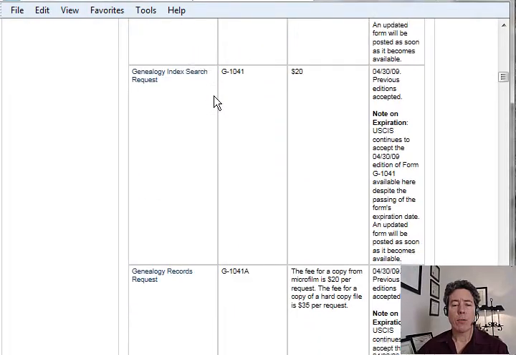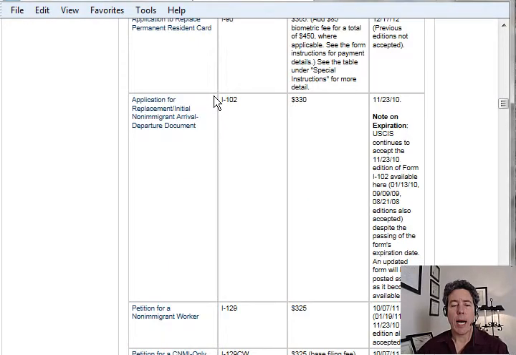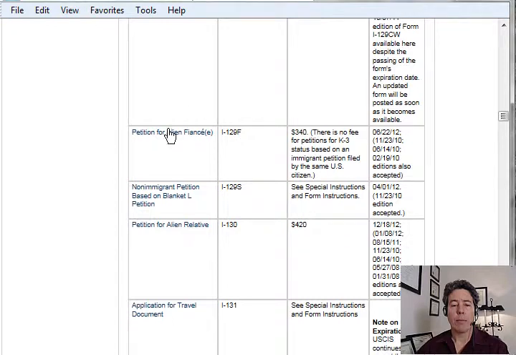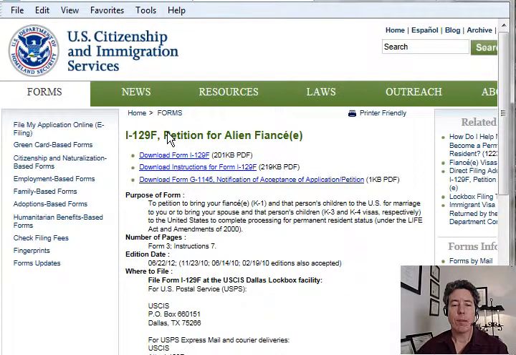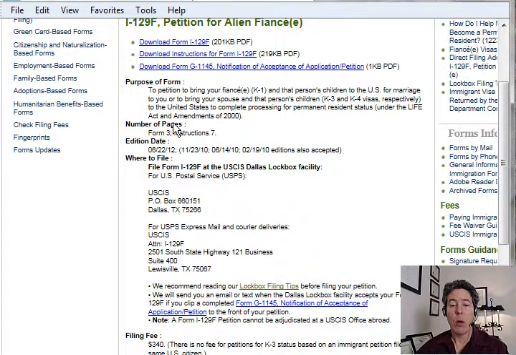We're going to look at our first form, which is the I-129F. There it is, Petition for Alien Fiancée. This is where we're starting. Okay, so here we are. And when we're going to build the form, we're going to start here with the form website. We've got download the form, download instructions for the form, and download form G-1145, notification of acceptance of application/